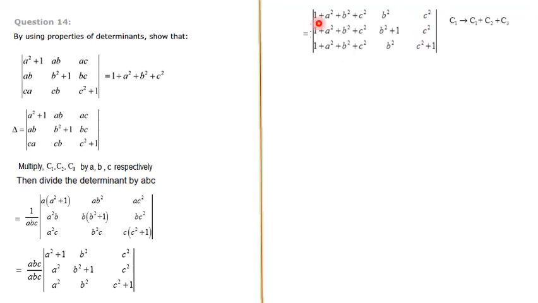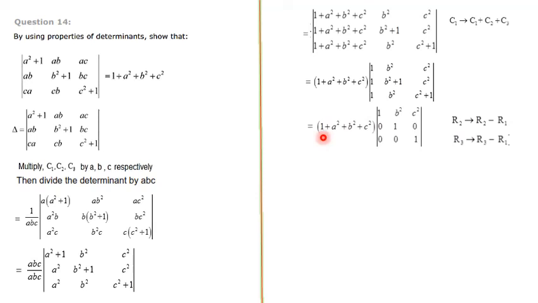Now you can check. In the first column, 1 plus a square plus b square plus c square is common. Take it out. So 1 plus a square plus b square plus c square outside, the first column all changes to 1, and the second column same, third column also same. Now as before, the common process, any two elements we have to make 0. That is, I am changing R2 to R2 minus R1. This element I can make 0. Again R3 also I am changing, this element I can make 0, that is R3 minus R1.